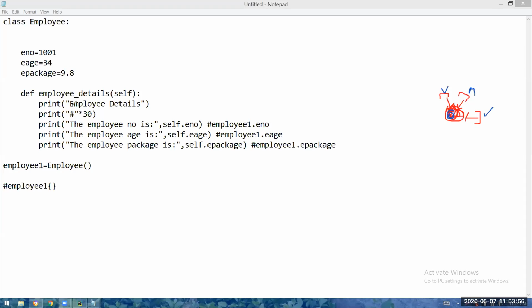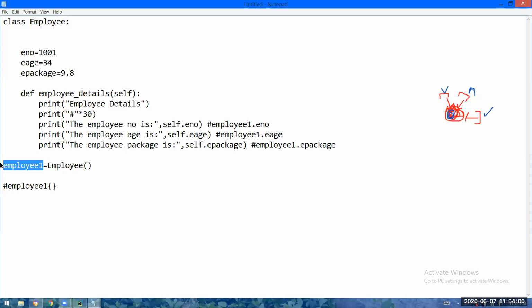Answer my question. For which class have you created this object? Employee class. For which class you are creating the object? All the variables and methods of that class, one copy will be loaded into the object.